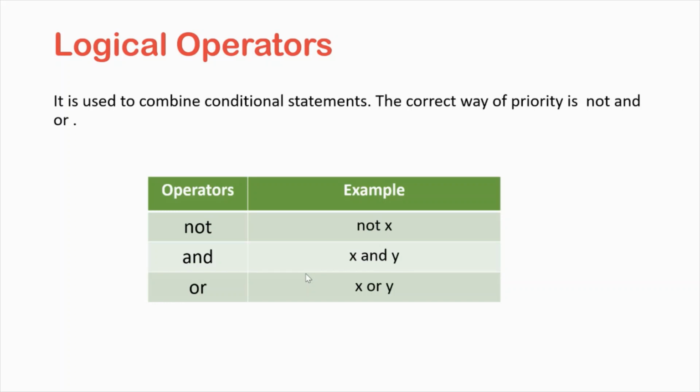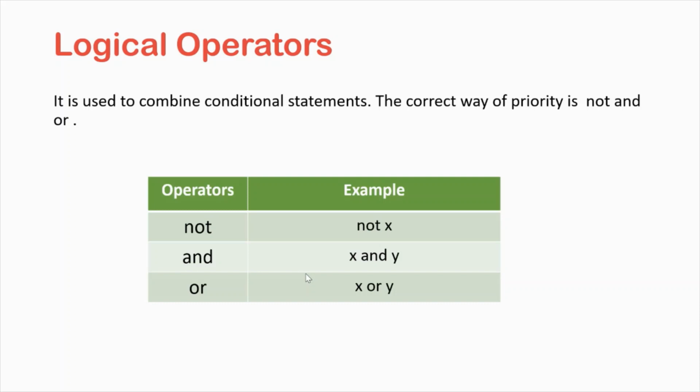First of all, I want to tell you the priority of these operators in one expression. Suppose there is one expression like x is equal to a and b or not c. What priority will the compiler give to execute this statement and compute the result of this expression? The compiler will give the first priority to the not operator. After that, it will give the second priority to the and operator, and the third priority to the or operator. This is how it gives priority to these operators.